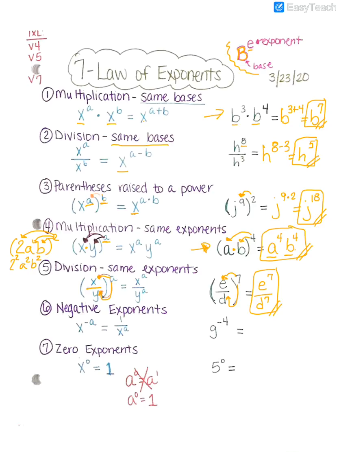Number 6, we're almost close to the end. Number 6, we have when we have negative exponents. So when we're talking about negative exponents, we don't like to have this negative as an exponent. So what we're going to do is we're going to go ahead and convert it into a fraction. So whenever you have this negative on the top as an exponent, all we're going to do is add a 1 on the top and eliminate that